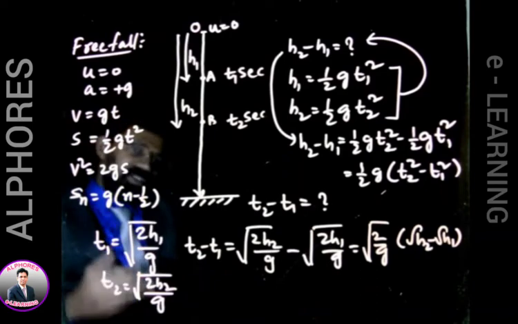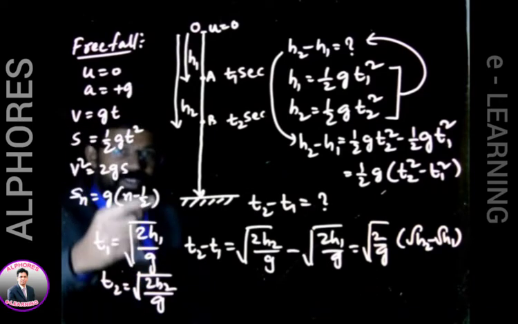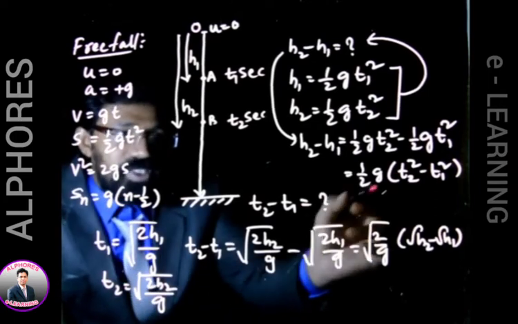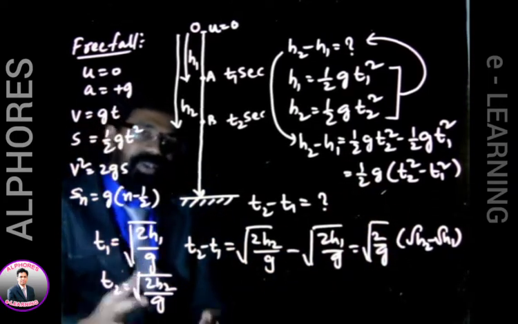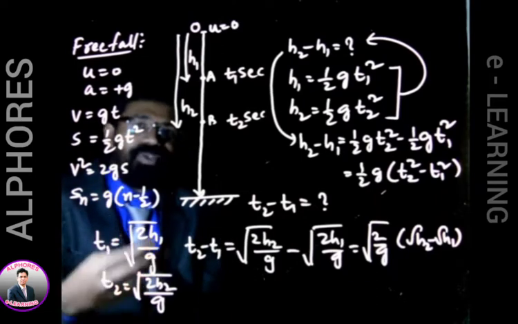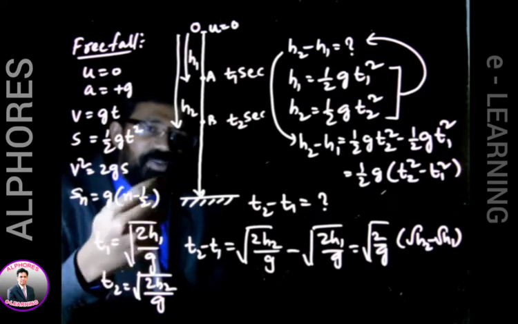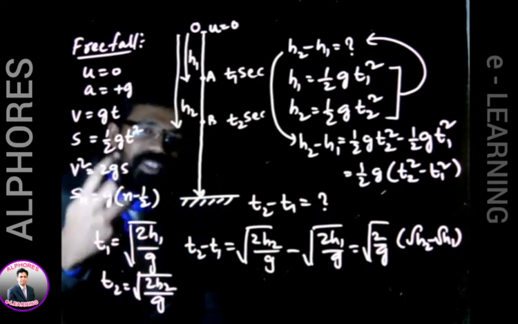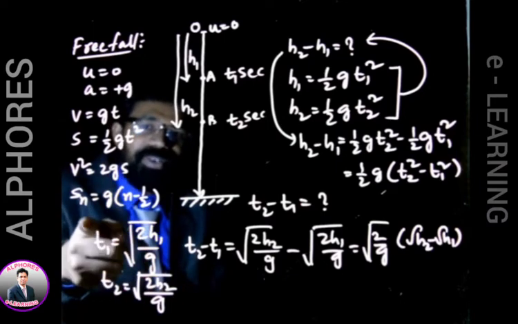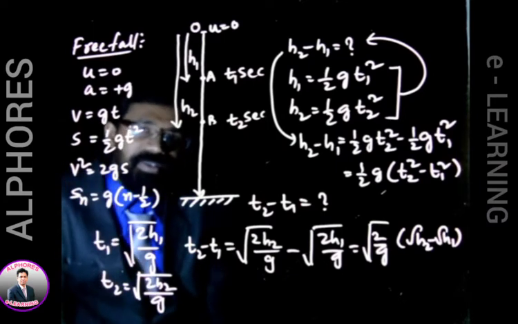Okay, so like that you can find the time gap between those 2 points as well as the physical separation between those 2 points. Physical separation can be calculated like this, and time gap is this one. You can think about any other possibility also. How much velocity does it acquire by the time it reaches point A? How much velocity does it acquire by the time it reaches point B? Like that you can think about different possibilities, and you can make use of these equations to deal with any kind of situation related to free fall.